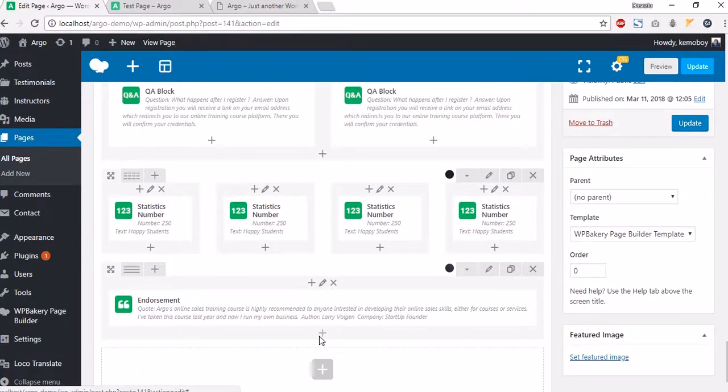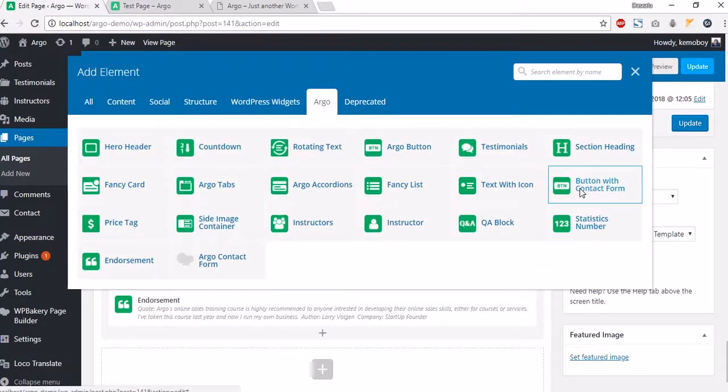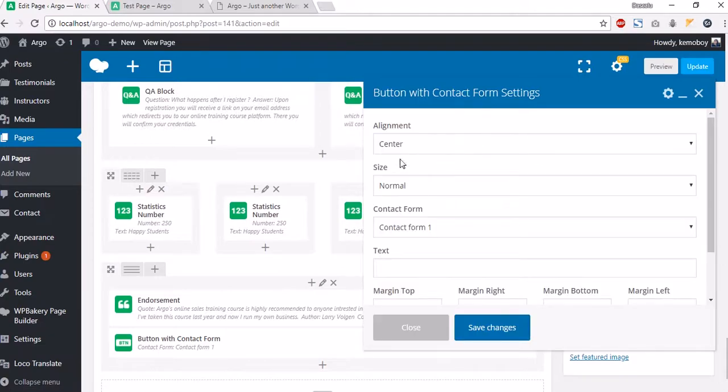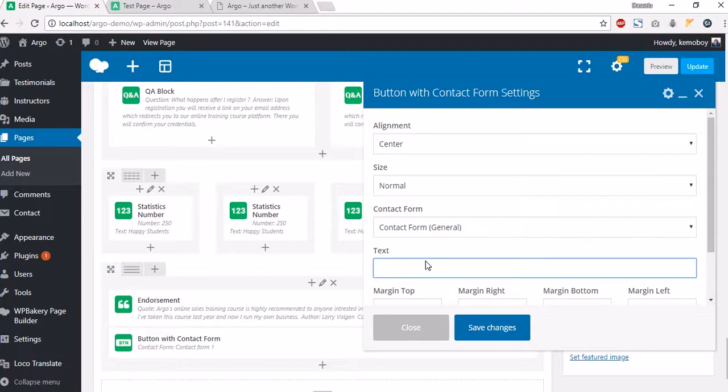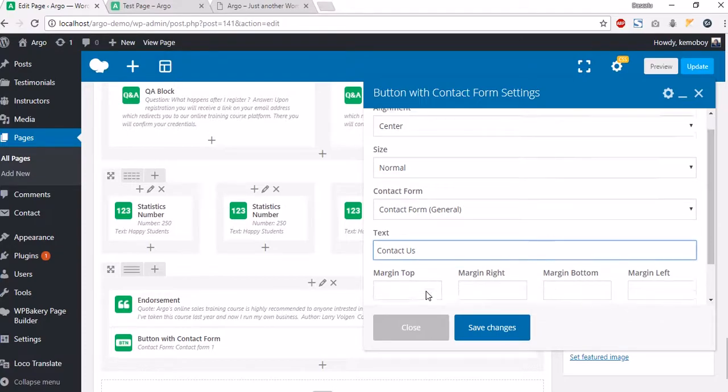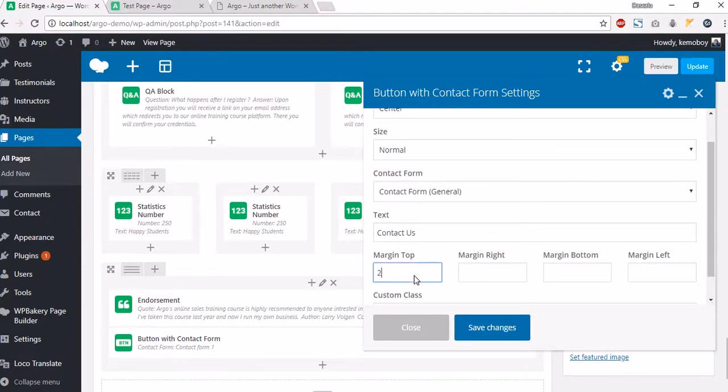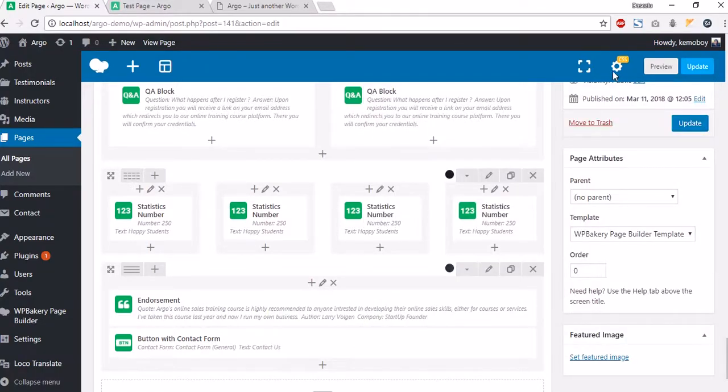And let's go ahead and add a button with the contact form, center, normal, contact form, general, text, contact us, and the margin bottom of 25 pixels. Save changes. Okay, this was our last change to the page, so it means we can update the page now